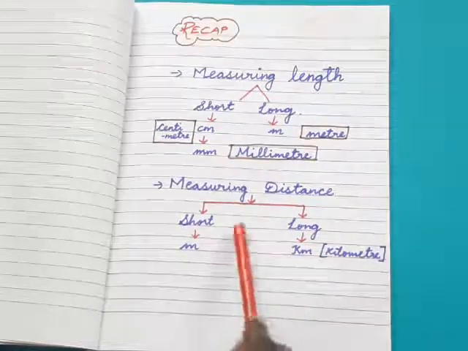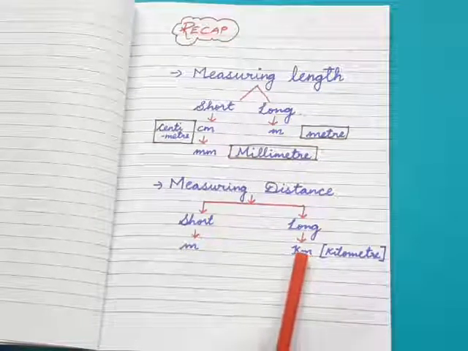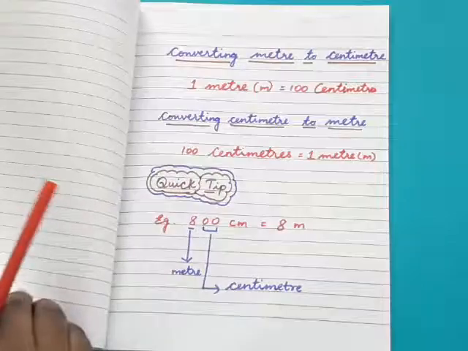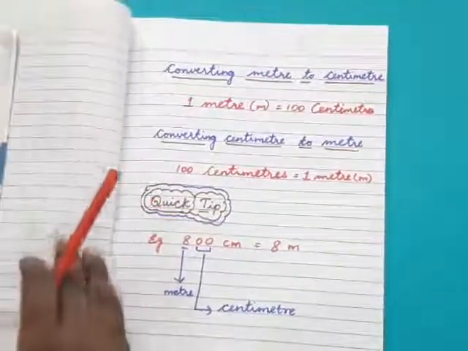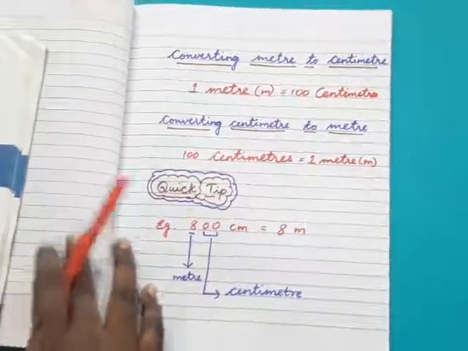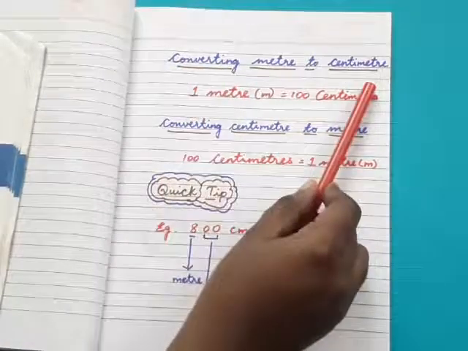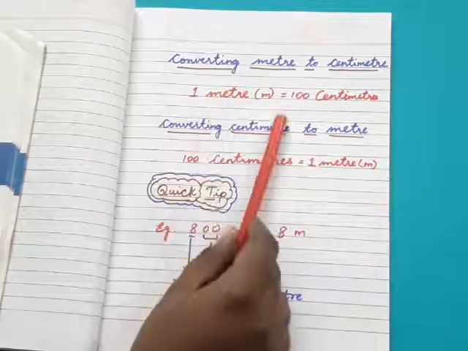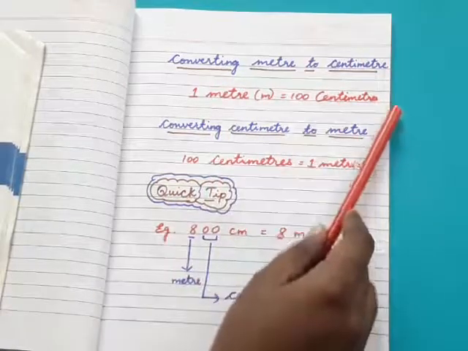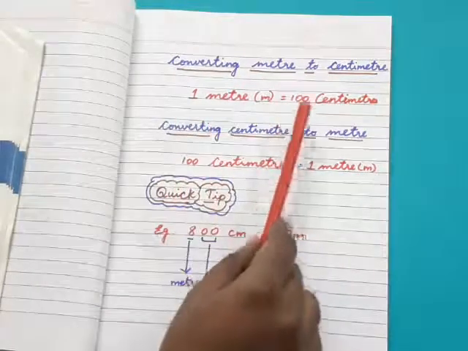Students, you all have to keep all these things in your mind so that it will help you to do the sums very easily in this exercise 8.2 as well as the following exercises. Before we go into the exercise, I would like to remind you of the formula we learnt in the previous video. For converting meter to centimeter, what formula should we use? 1 meter equals 100 centimeter.